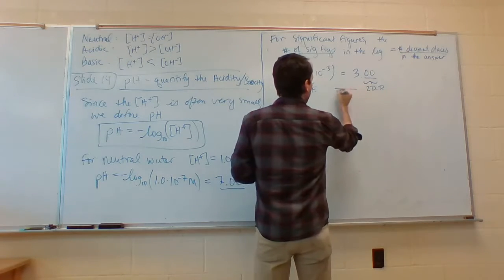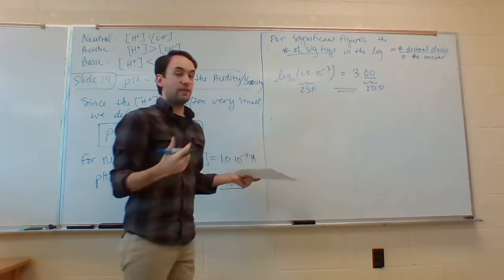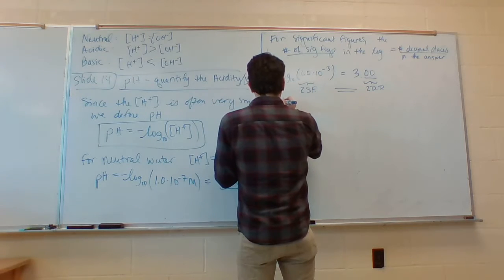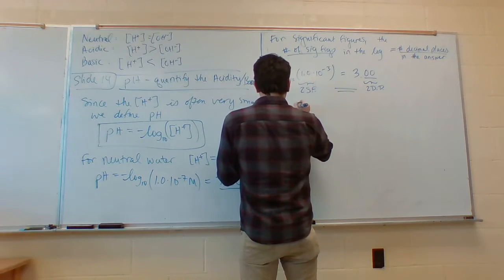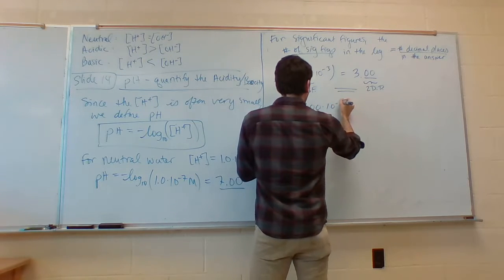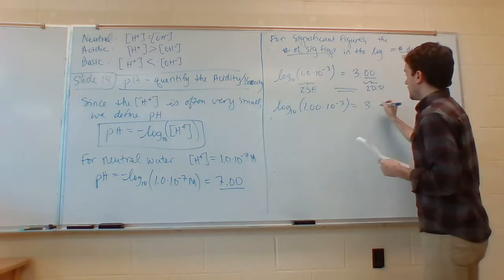Okay, so your number of sig figs in the log is going to equal your number of decimal places in your answer. Another example of that would be, let's say we took the log base 10 of 1.00 times 10 to the negative third. That's going to equal 3, right? That's going to equal